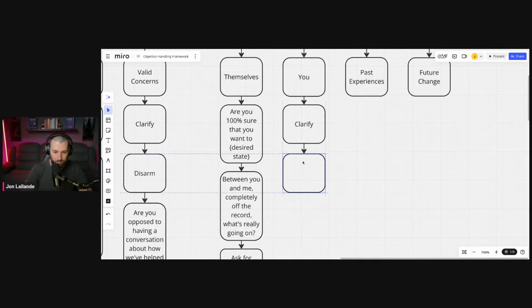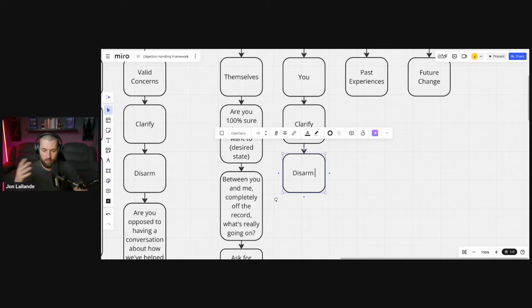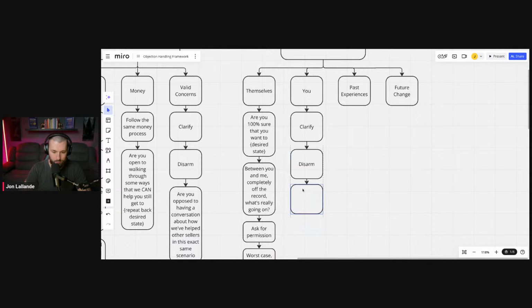And then we're going to disarm them, right? Look, it's certainly understandable that you would feel like that. We just met 2 hours ago and we are moving a little fast. So would it help you if I walked you through what other sellers that have had the same concern, would it help you if I walked you through the same things that I helped them? Yes. Okay. Now I'm going to tell a story, right? So I'm going to do the same thing. I'm going to ask for permission. You guys will see some commonalities here.